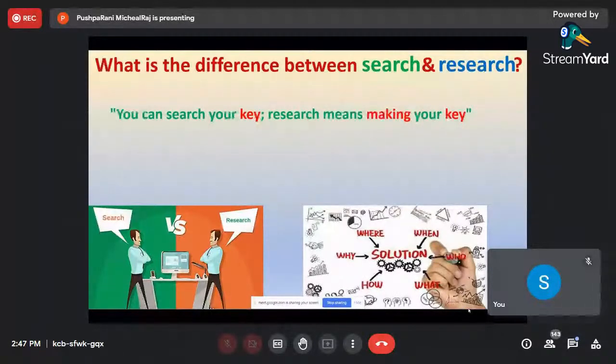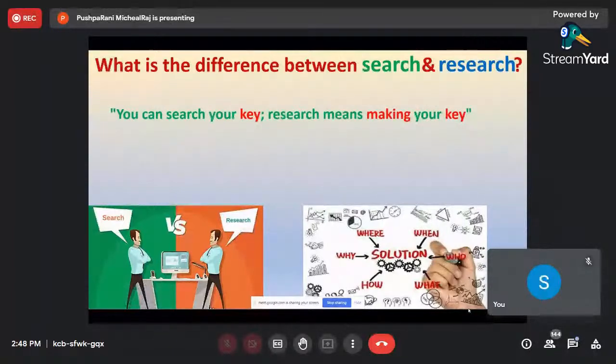Making a key, you will apply your innovation. A 7-lever key, 2-lever key, 3-lever key. The key must answer the security question for that particular key. That is what research means. You search again and again, you answer the question of how I can make this key in a very special and innovative way. That is what is called research. So searching for a key is a search and making a key is research.